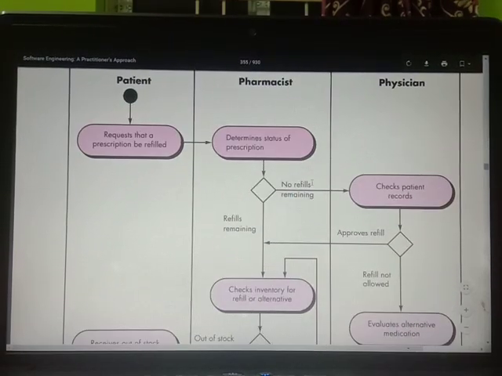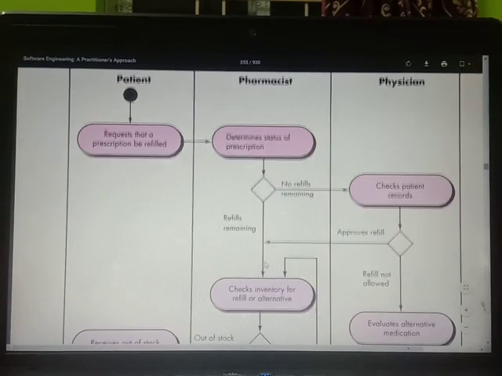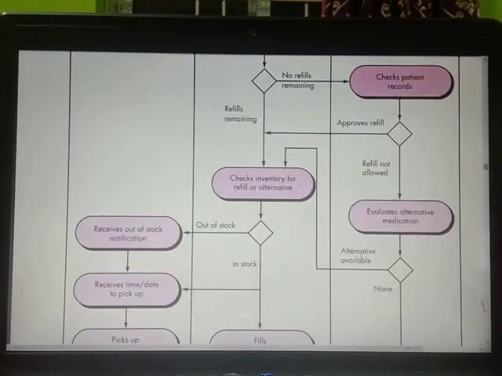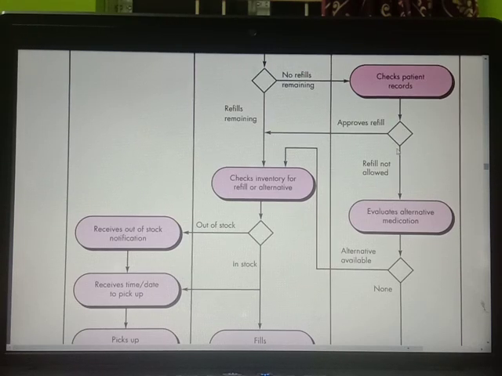That is, if there are no refills remaining, the physician will check the patient records and approve the refill. Then if refills are remaining, it checks the inventory for the refill or an alternative. If the refill is not allowed, the physician evaluates an alternative medication, that is, any other medicines have to be written by the physician.